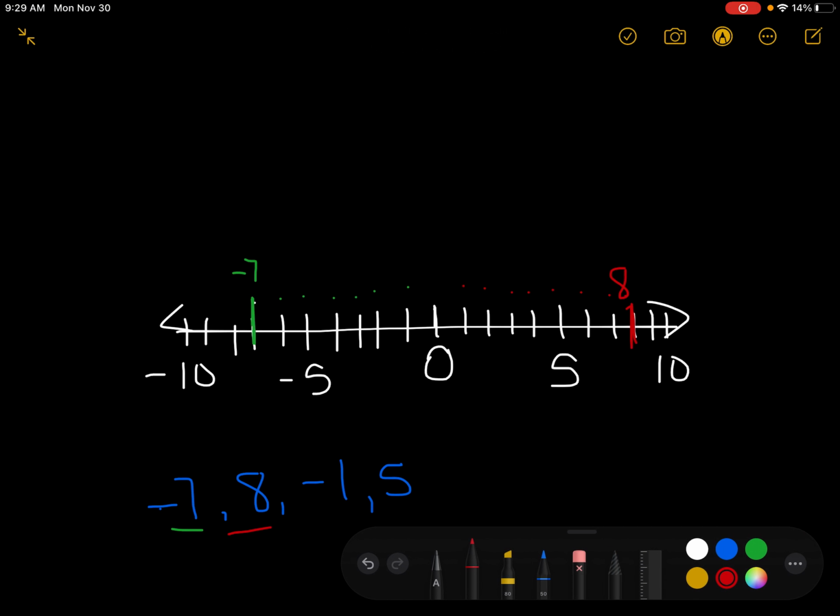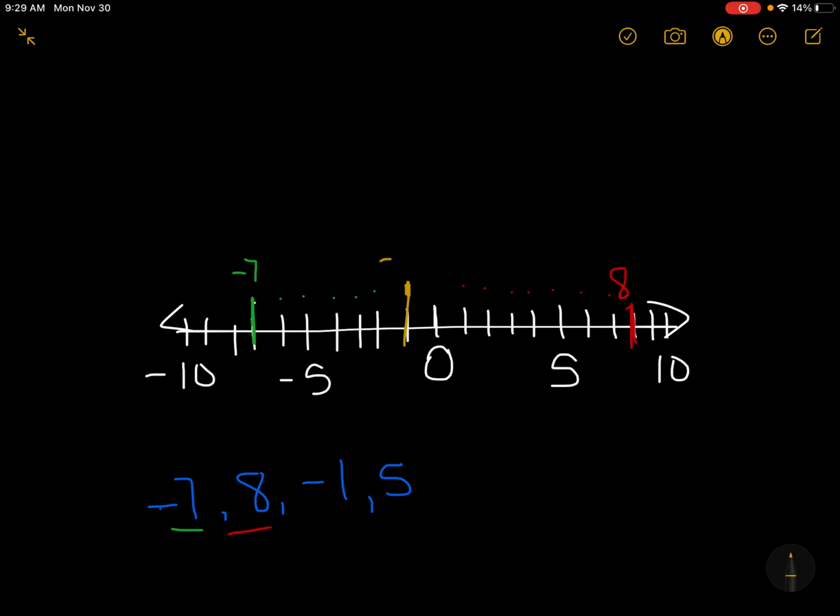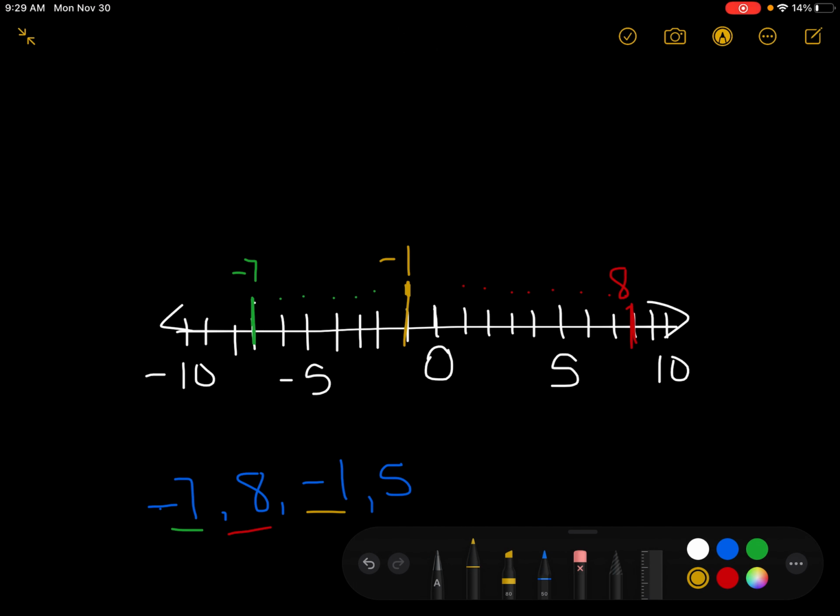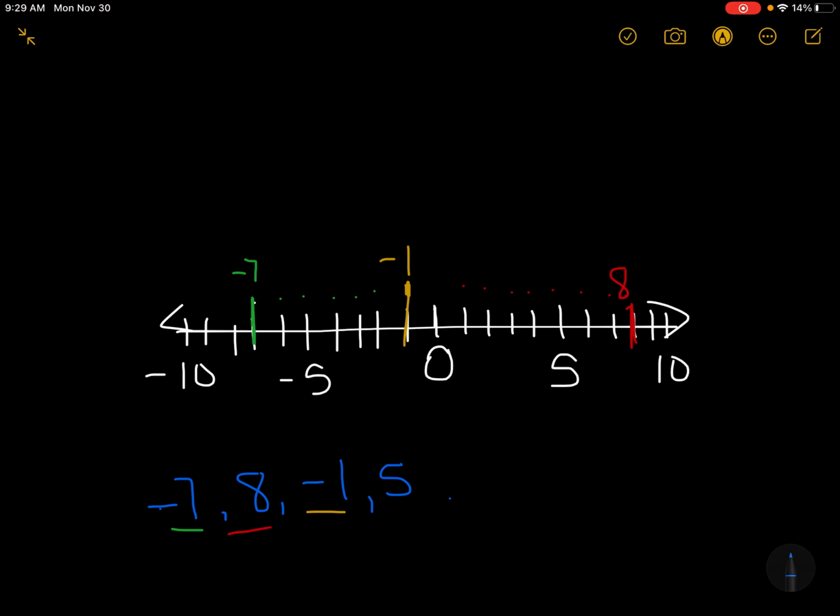Now let's go ahead and look at -1. It's going to be 1 space from 0 in the negative direction. So it'll be here. I can go ahead and label that in my color and put the label of -1 above it. And then finally, we're looking at +5 that we're going to label. This one is going to be 5 spaces from 0 in the positive direction. It's already been labeled for me at